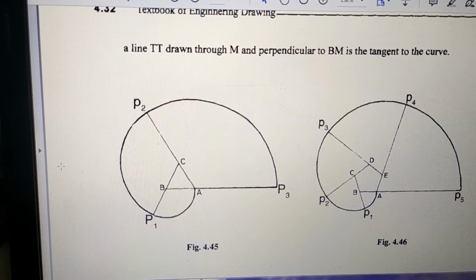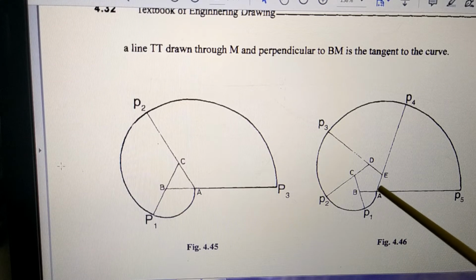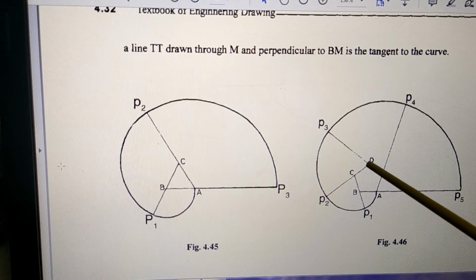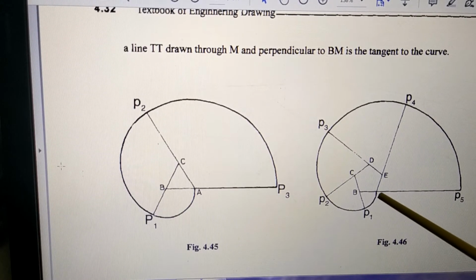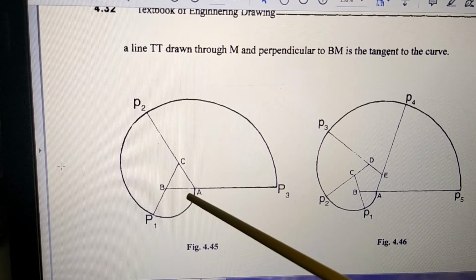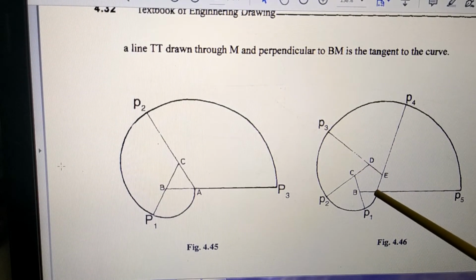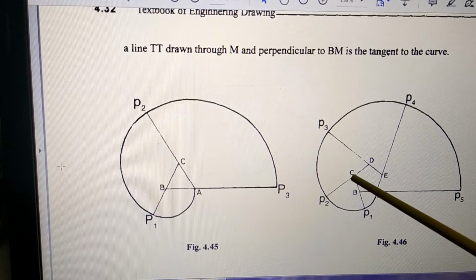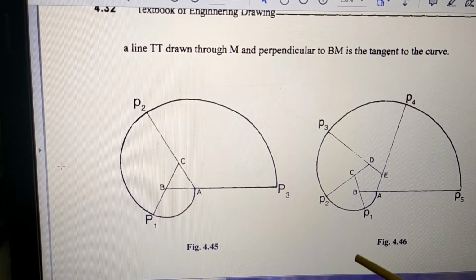After that, next thing is this figure. Here you have to draw the involute of a pentagon. Now this pentagon you have to draw. The size of the pentagon we are taking is 20 millimeters, only 20. The earlier square was also 30, but this we are taking 20. So first you draw a pentagon of size 20 by 20 by 20. And the procedure we have explained earlier.